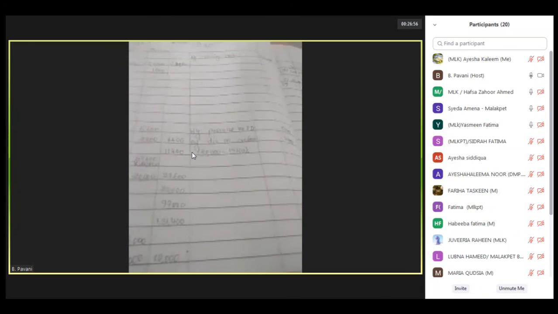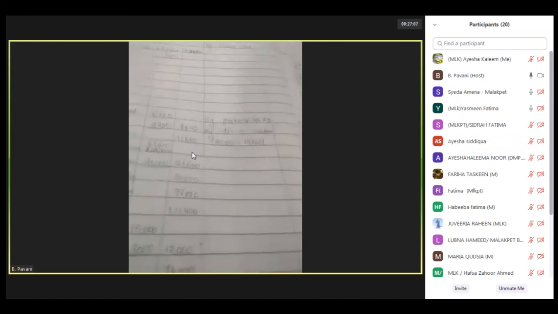See, right now I'm not doing the total of this. What you should do means, I'll send the pics. You do the balancing. I think everyone knows how to do the balancing and how to find out the gross profit and the net profit and the balance sheet total, right?